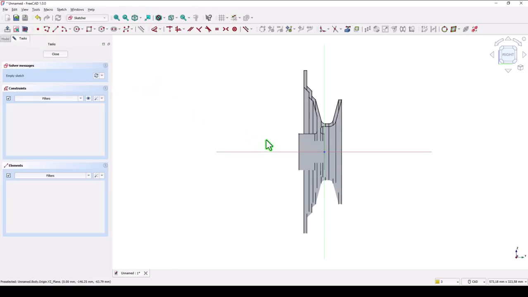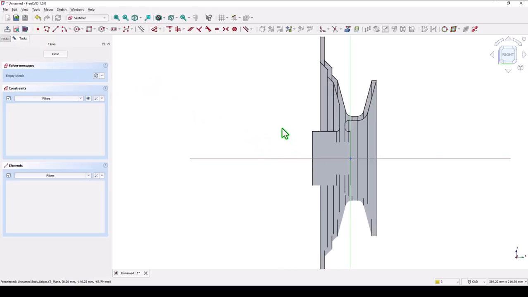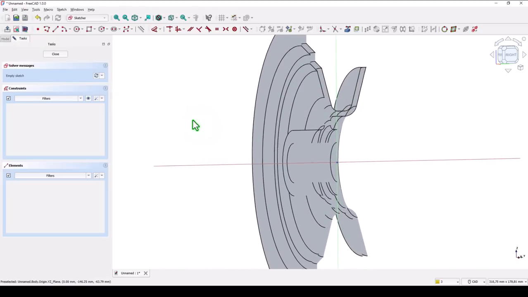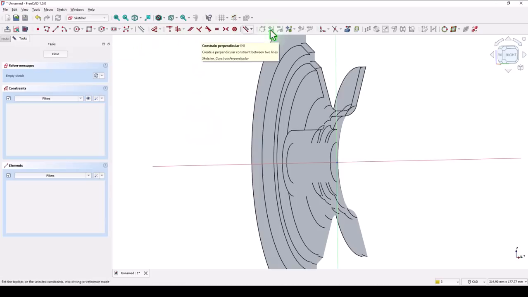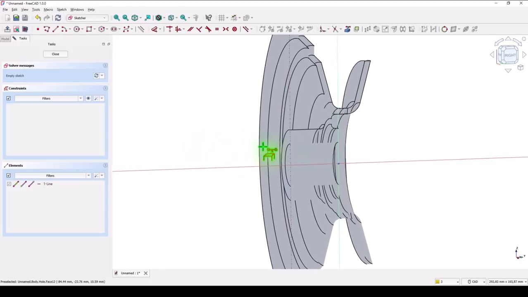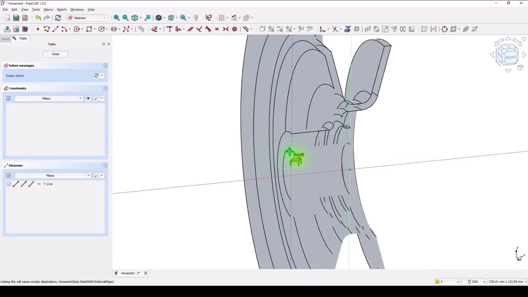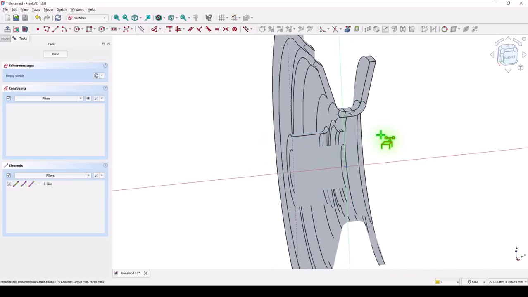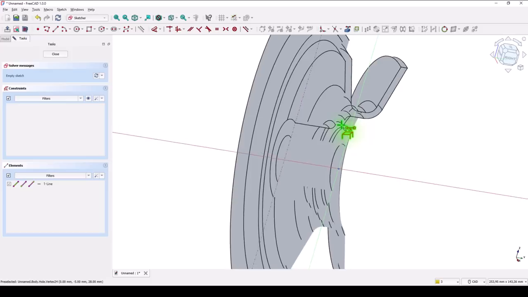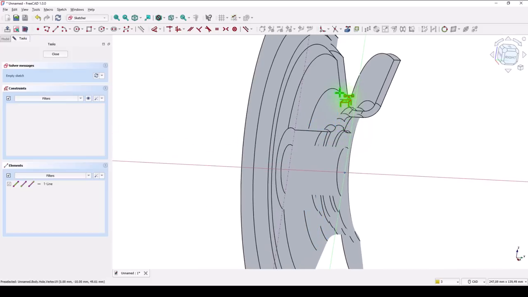We want to see inside. I project this face, also this,